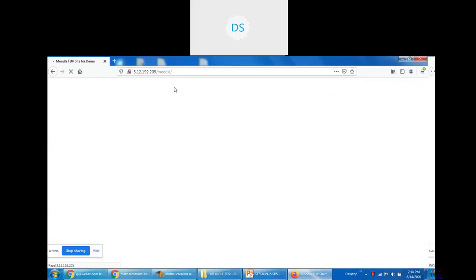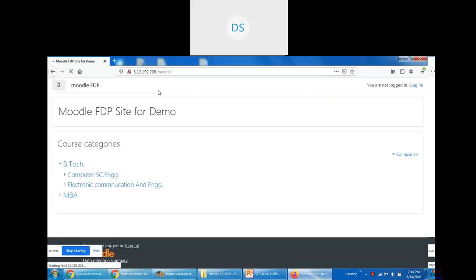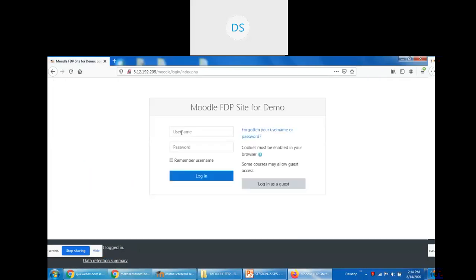In this Mozilla browser, I have a second window of Moodle, and in this window I am logging in with the role of user one, means having the role of student.